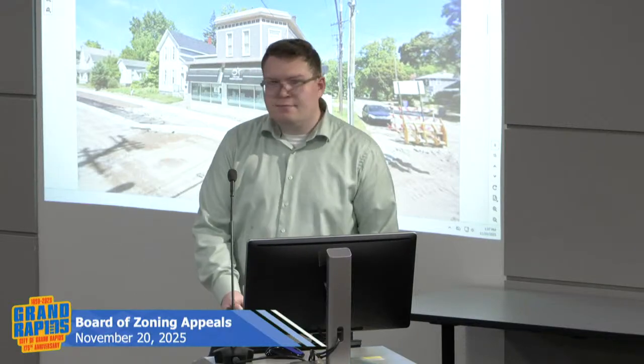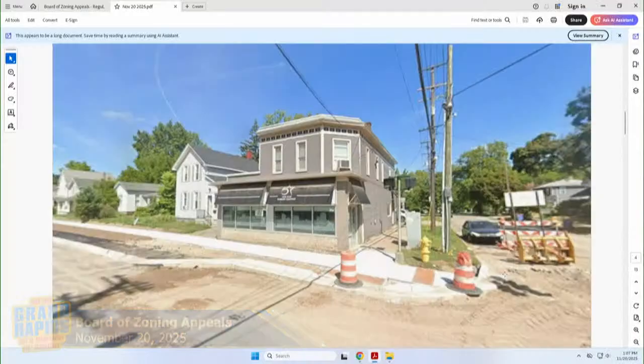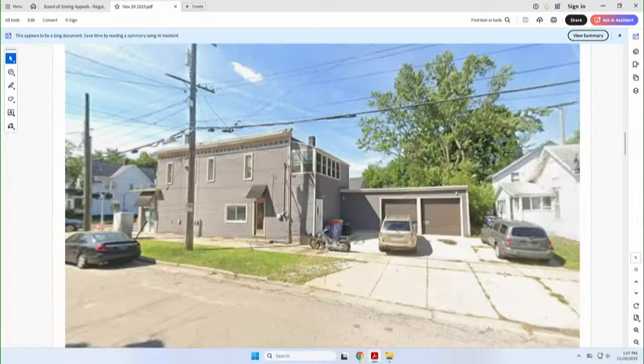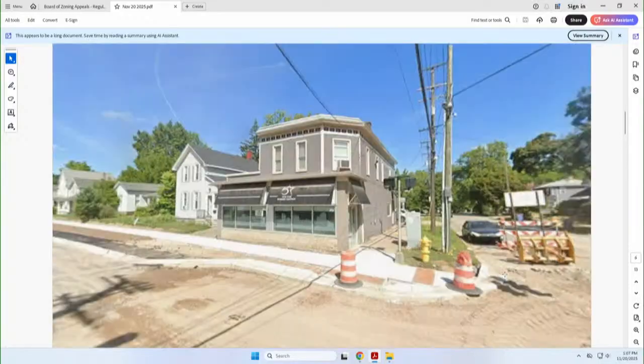Rowan, can I ask a question really quick, please? When you say the signage, that your recommendation, is the current signage that we see in this picture in alignment with that, or would it be more or less than what's currently there? That's an excellent question. I'm seeing one sign on the front face and no signs on the second face. They would likely be permitted to have one sign on the Ann Street side of the building and an additional sign on the Coit side, likely in similar dimensions to what you see today. Okay, thank you.